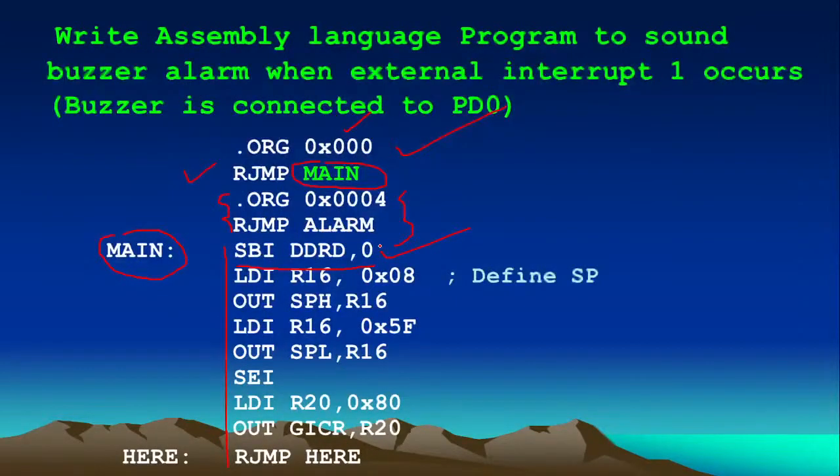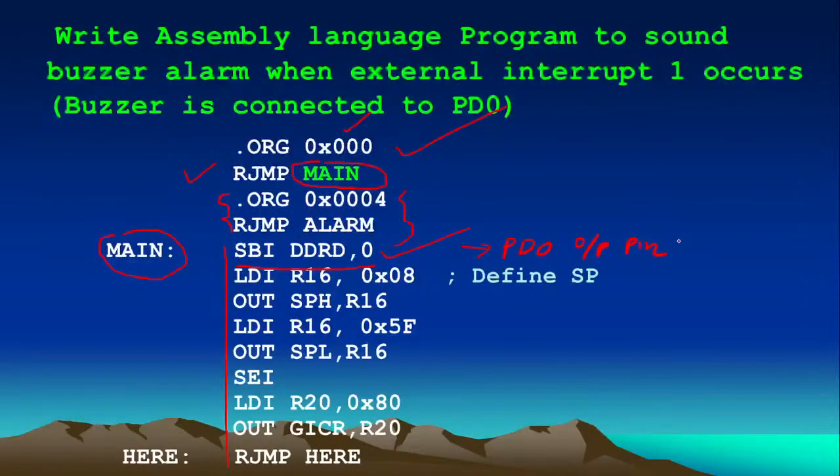Let me connect the digitizer so that I can write something here. Okay, so this instruction will define PD0 as an output pin, right?